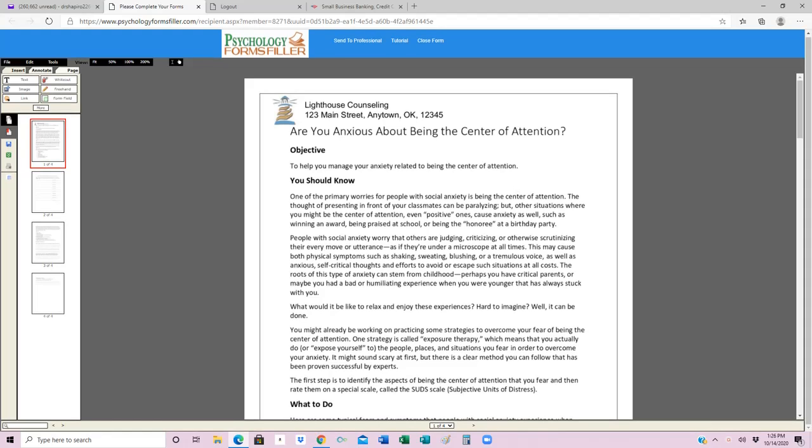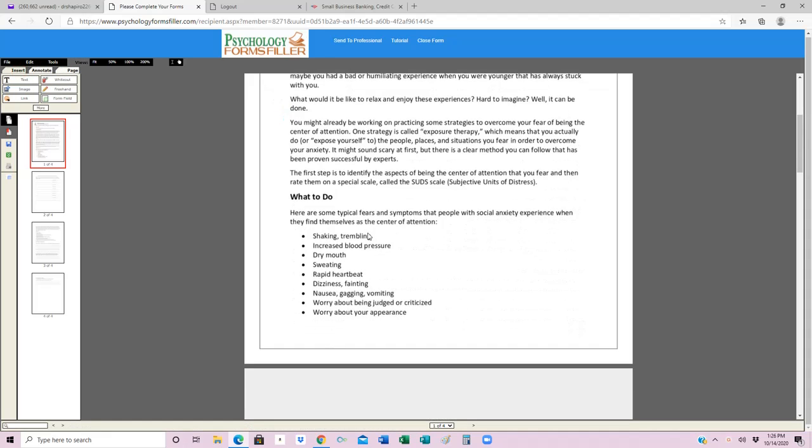Now their form is going to look just like the one you sent. That's because it is the one you sent. Again, there's a tutorial for the client to give them some information about how to use the forms filler, but it's pretty self-explanatory, and of course it looks pretty much like yours looked like, with text, adding images, freehand, and other things we can go into in a different video. So they would simply scroll down,